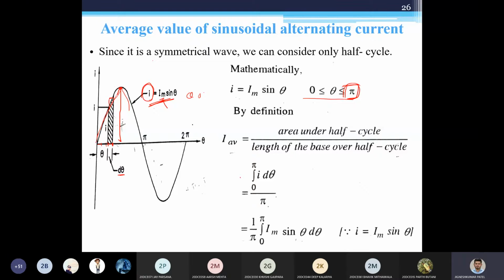In the same way here, my average current, I average, would be the area under a half cycle. Now, one more thing. Since this is a symmetric waveform, this part and this part are the same, only this one is flowing in the negative direction. So I'm only going to calculate for the half cycle, and that same value would hold for the other half. But if you try to calculate over a full cycle, what will happen? The average value will become 0.